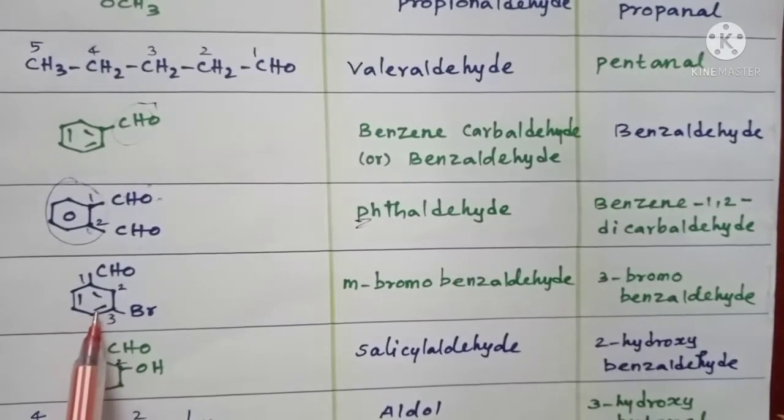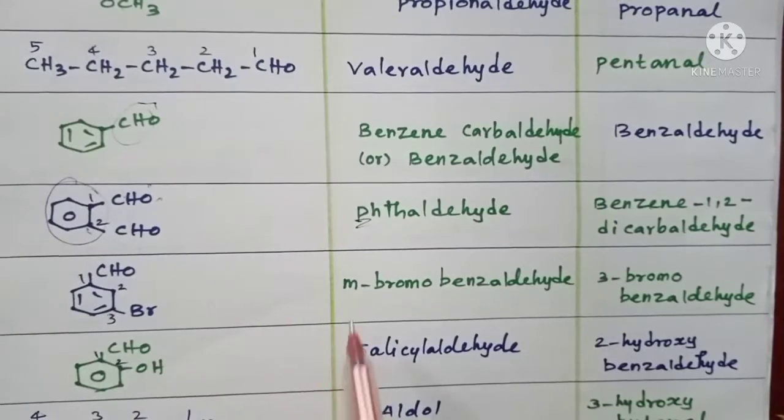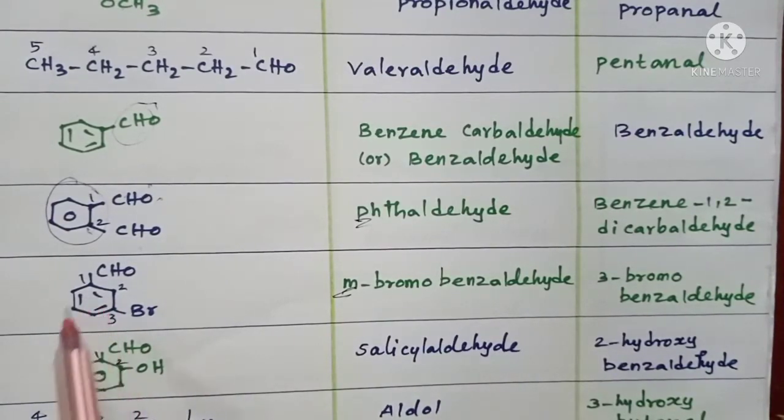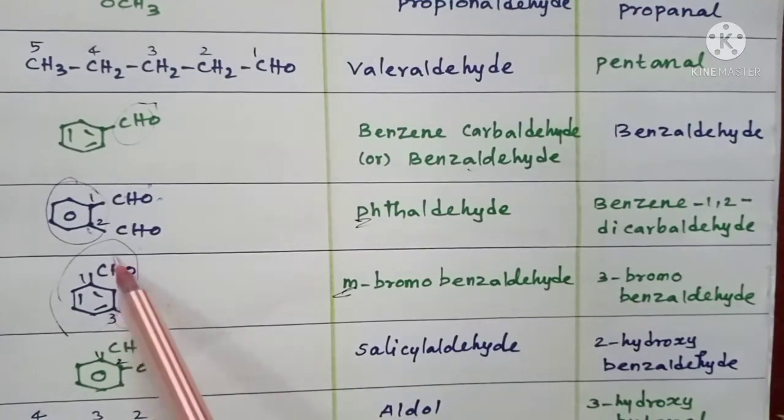A benzene derivative, benzene with a CHO group and Br. They are in alternate positions, isn't it? So it is a meta derivative. If there are two substituents on alternate carbons in a benzene ring, it's called meta. Adjacent carbon, ortho. If substituents are in alternate, meta. If they are opposite, it's called para derivative. Okay, right. Now, you take this as the parent compound. So benzene with CHO, what do you call? Benzaldehyde. This is considered as substituent. So bromobenzaldehyde. These are on alternate carbon atoms. So meta-bromobenzaldehyde. That is the common name of this compound.